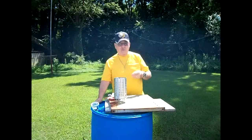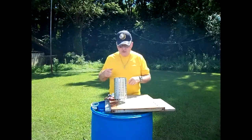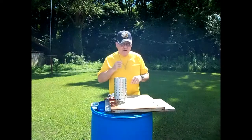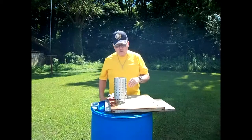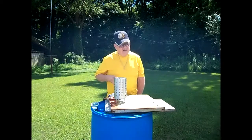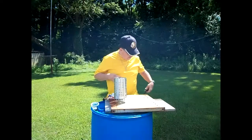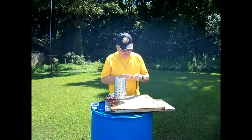Today I'm going to try something a little different. I've never tried this before, but I'm going to try it today. I'm going to try to make a fire with a magnifying glass. And to do that, I'm going to use my trusty